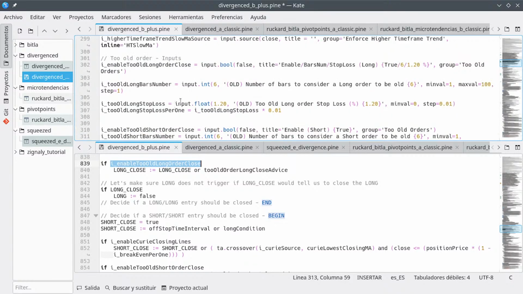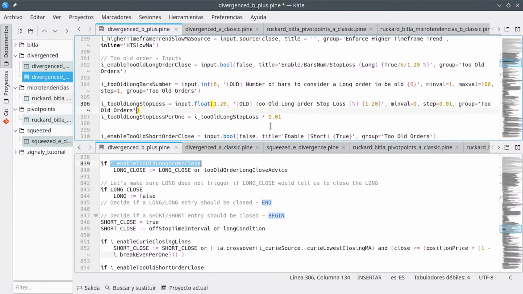So let's prepare everything with long, and once it works with long, we will try to implement it into the short one. Okay. Then the other thing that we need is the inline. So we're going to say inline to old long orders, so that we can have something different than the short orders. And yeah,